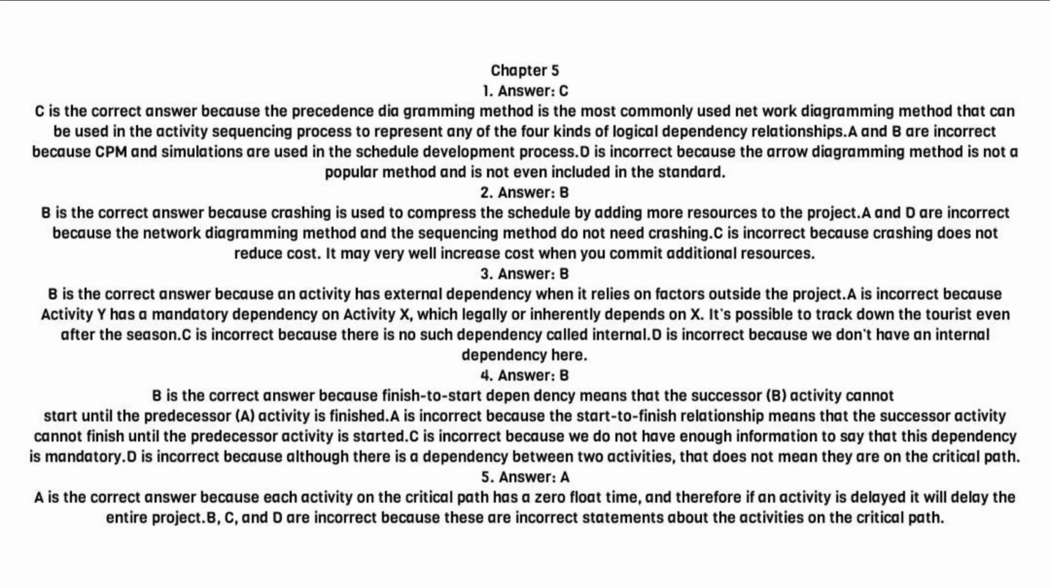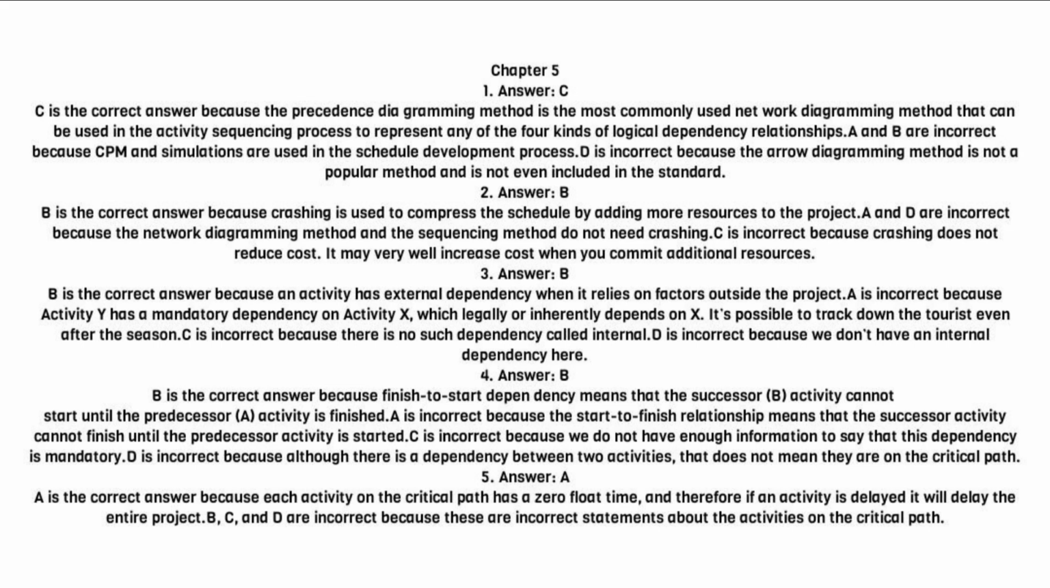Chapter 5. 1. Answer, C. C is the correct answer because the precedence diagramming method is the most commonly used network diagramming method that can be used in the activity sequencing process to represent any of the four kinds of logical dependency relationships. A and B are incorrect because CPM and simulations are used in the schedule development process. D is incorrect because the arrow diagramming method is not a popular method and is not even included in the